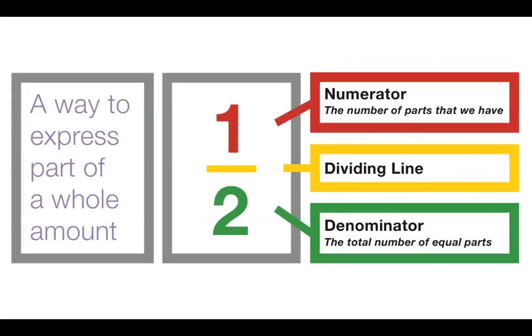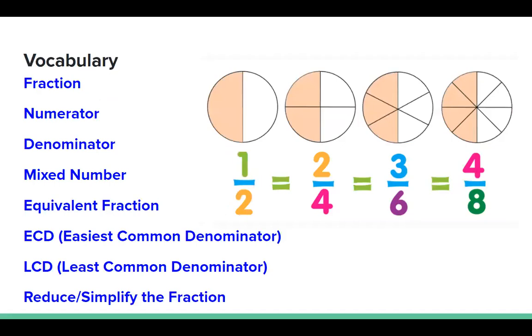The numerator is on the top, and it shows the number of parts that we have. And the dividing line represents the division involved. That's the operation. And the denominator shows what amount of parts represent a whole. So what amount of parts are equally shared among the group? If we go back to this vocabulary list here,